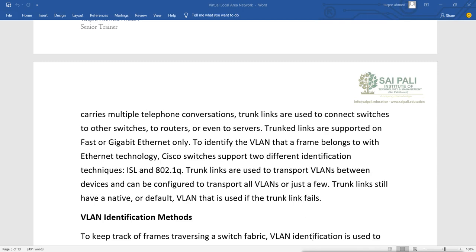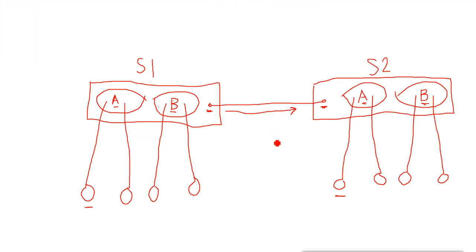Otherwise, if I want to do it the simple way, instead of connecting like this, I will use one port from this VLAN and connect it to this VLAN. I can do this also. That means whenever this machine sends any data, it will go to this port also, and from this port it will reach the other switch, and then reach this machine.